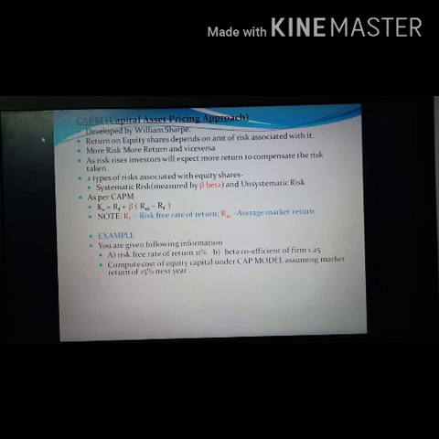So William Sharpe in the capital asset pricing approach said that the risk and return have a positive relationship, because whenever the risk increases, the return will also increase. Whenever the risk decreases, the return will also decrease. So as risk rises, investors will expect more return to compensate for the risk taken. Normally, when more risk is taken by the investors, they will definitely expect more return. So the company or the firm should be able to satisfy them with the extra return that they are expecting because of the extra risk taken by them.